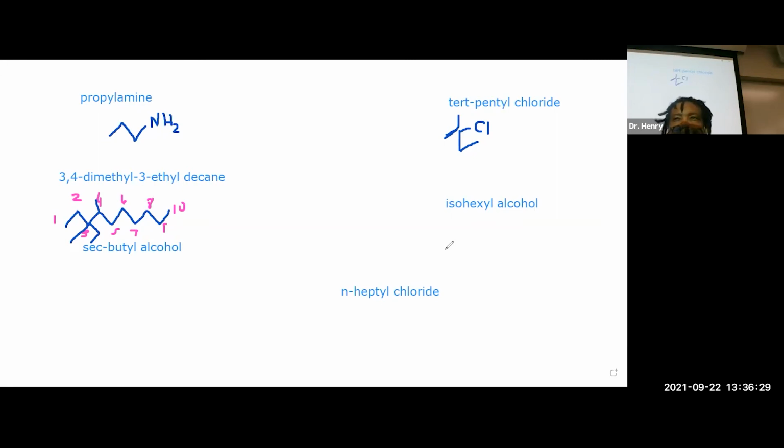Is it common or is it...? It's common. And iso means same. So we have